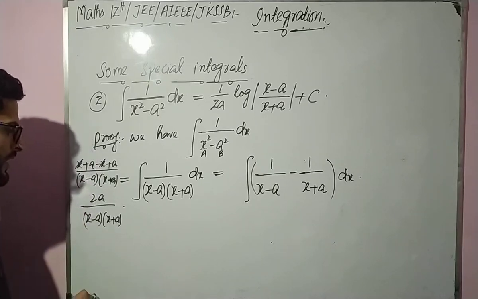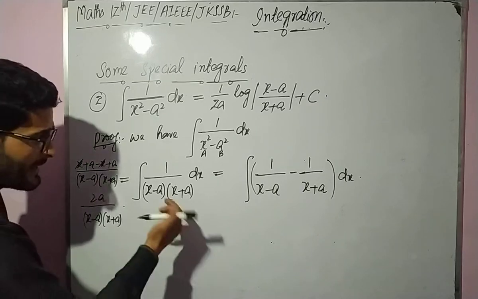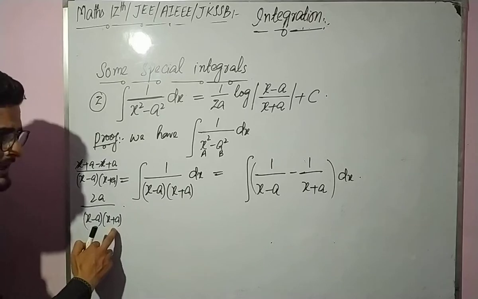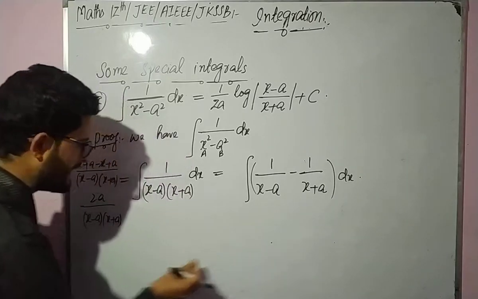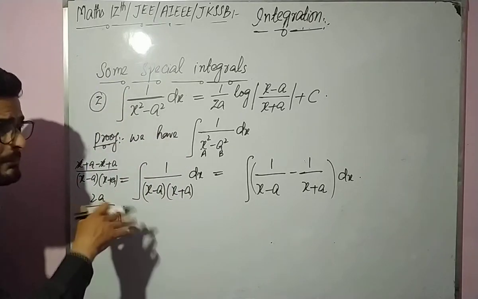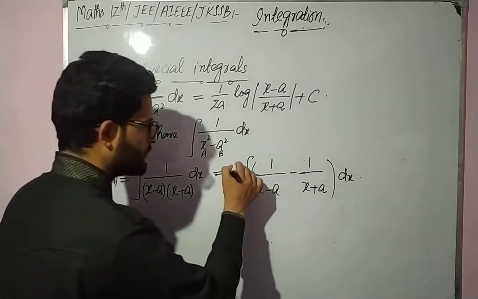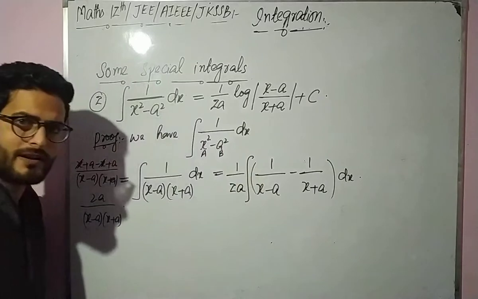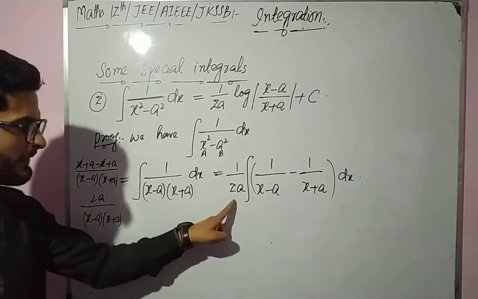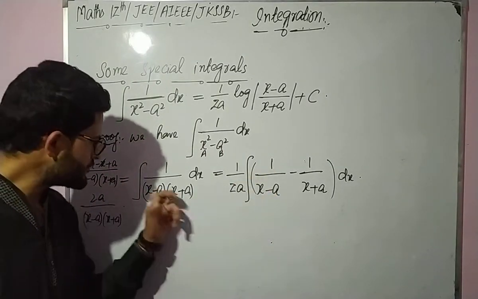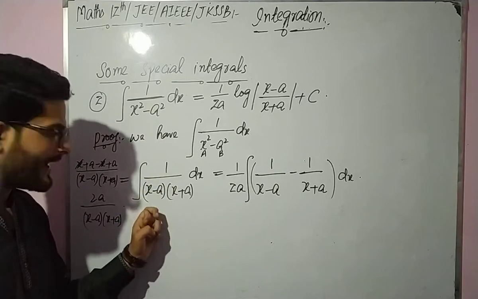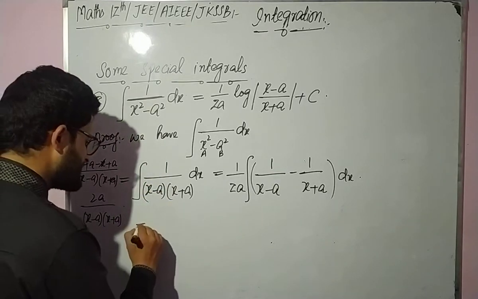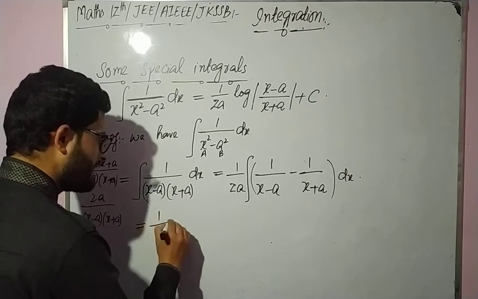Is that clear? So this can be written as, चूंकि हमारे पास था 1 divided by (x minus a)(x plus a), लेकिन इसको जब सिंप्लीफाई करेंगे वहां से मिलेगा 2a, मतलब 2a मल्टीपल हुआ है. 2a को बाहर डिवाइड भी कर देंगे, ये वाला 2a कैंसिल होके रिमेनिंग जो रिजल्ट है यही बचेगा: 1 divided by (x minus a) into (x plus a), and that is further equal to 1 divided by